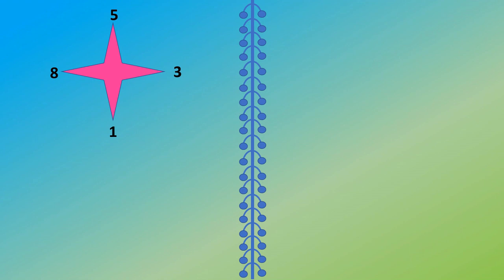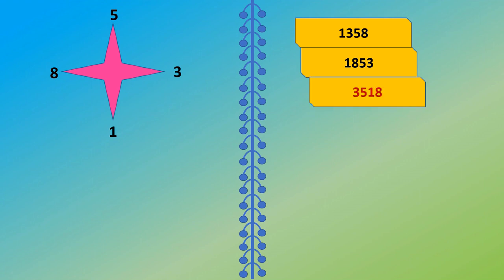Let's move on to 4-digit numbers that we have to make using these given digits. The digits are 8, 5, 1 and 3. Now we will make only 8 numbers over here, because with these numbers you can make many numbers. So we begin and we make 1358, 1853. With the next digit you take 3 and you make 2 numbers. So we make 3518,